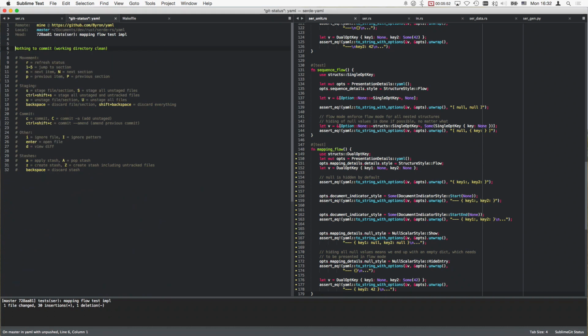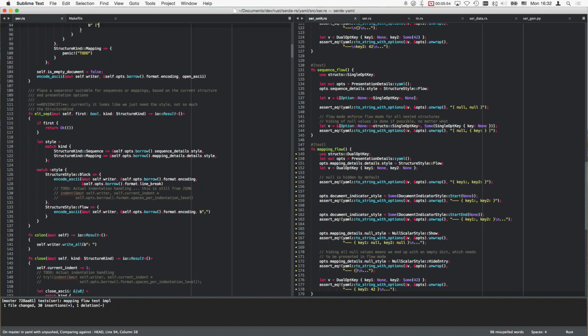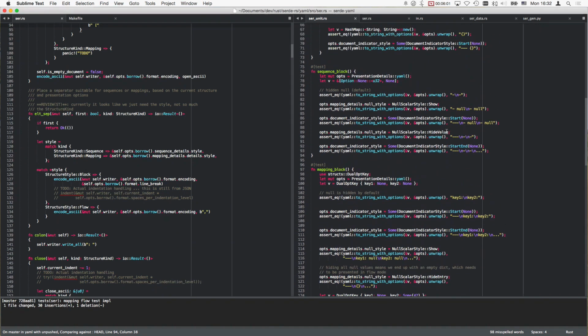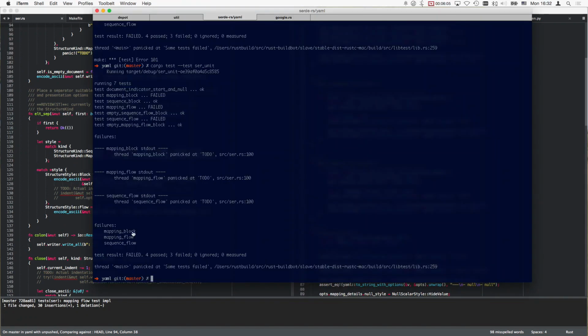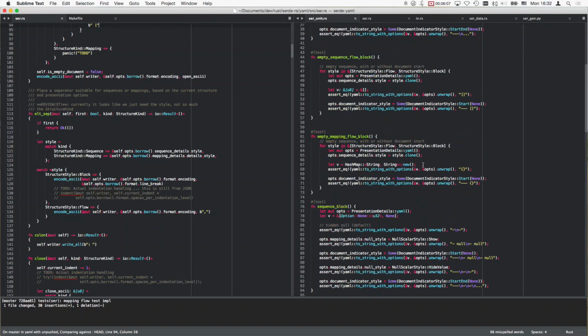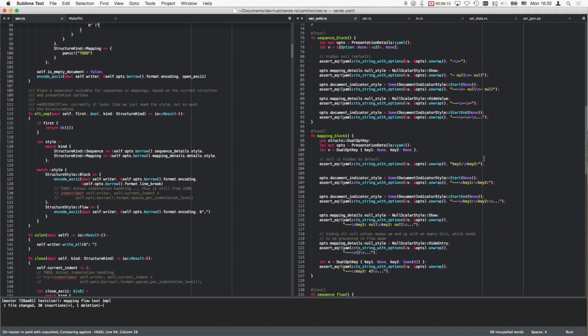From now on, most of the commits might be skip CI because we have 3 tests that fail now and some work to be done. Okay, let's take the easiest test that there is and that fails. Mapping block. Mapping block. All I want is a key,